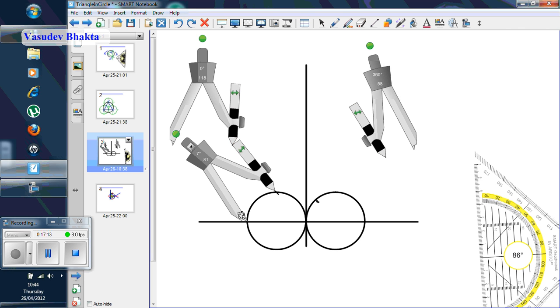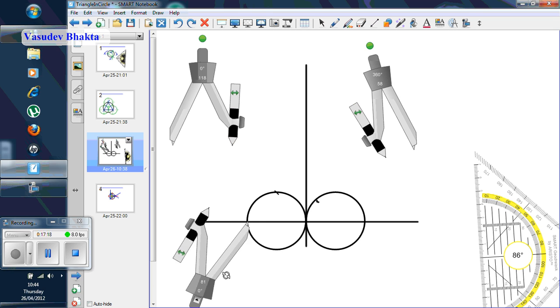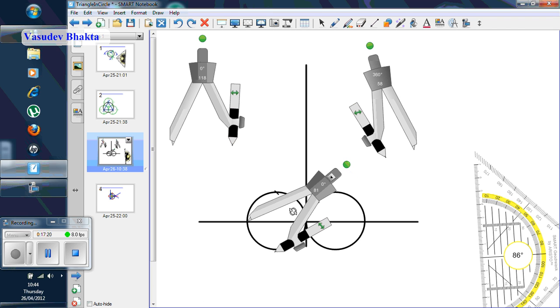We'll get the center of the circle. Now, the way to do this is you extend the compass slightly more than the radius of the circle. If you keep it under, you will not bisect that line properly. Once you've done that, mark the points,